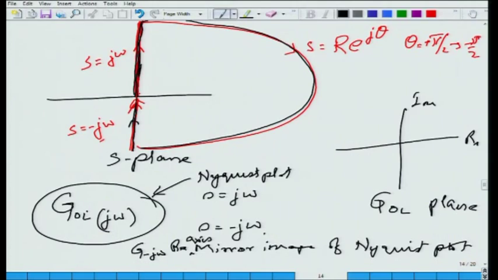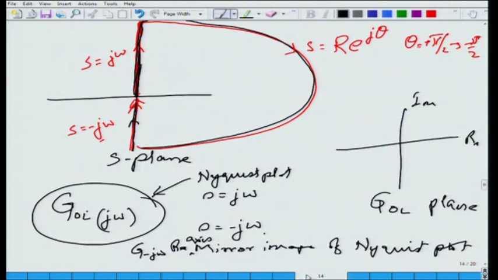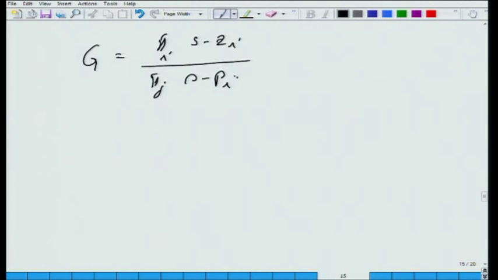So, all real physical systems will have G open loop on the semicircle, because all real stable open loop systems have the order of the denominator greater than the order of the numerator. Basically what I will have is, if G is equal to product over i of S minus Zi divided by product over j of S minus Pi, then what I will have is,